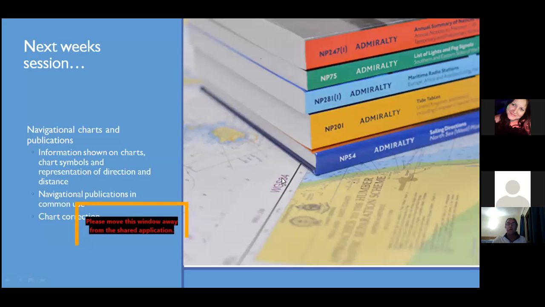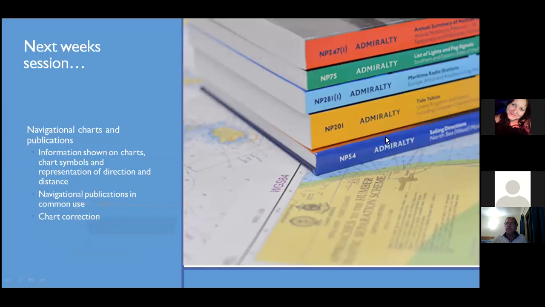The other thing we know about was the compass rose. So we'll go into more detail there. And then the representation of distance on a chart. How do we represent distance on a chart? Now we know that a nautical mile is 1 minute of latitude. How do we represent it? Then we'll talk about